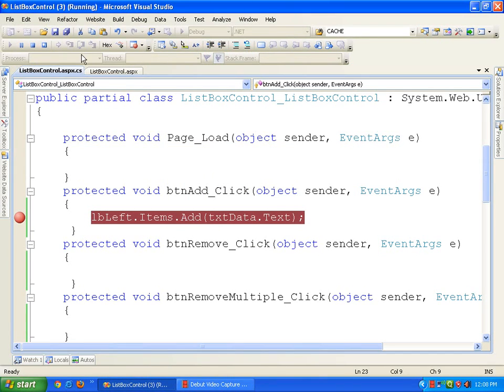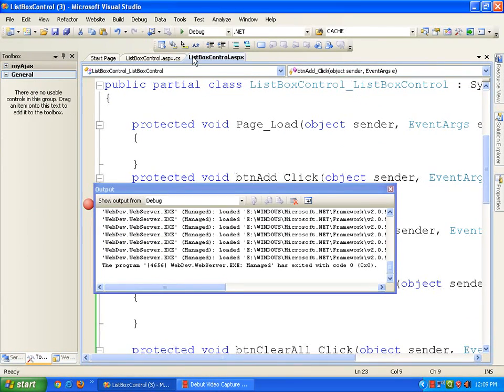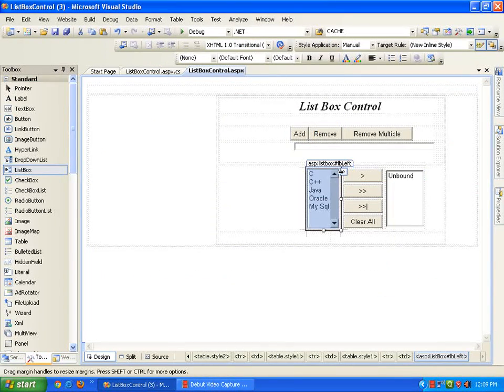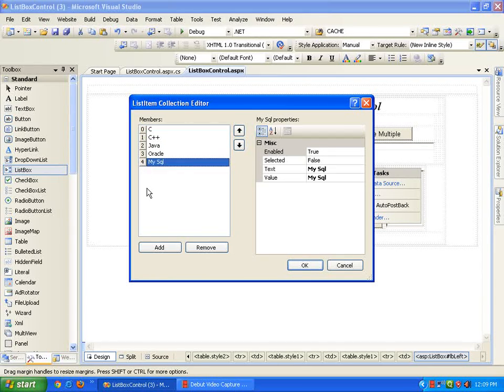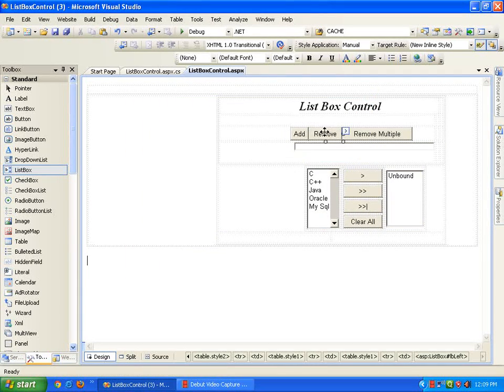So now next is how to remove an item from list box control. Let's first remove an item at the design time. Again click on this icon. Go to edit items. Now you can see we can remove items by using their indexes as well as by their names. Now I have selected MySQL and the index for MySQL is 4. When I click on remove button, it gets deleted, and if I ask you to remove the item which lies at index 1, C++ will get deleted. Similarly, we can remove the item by their names.